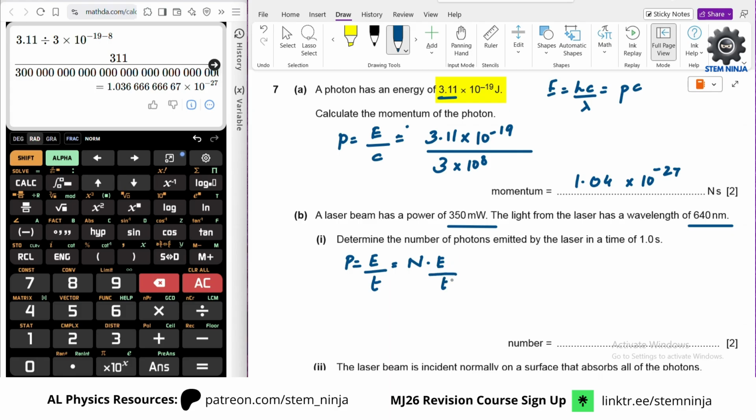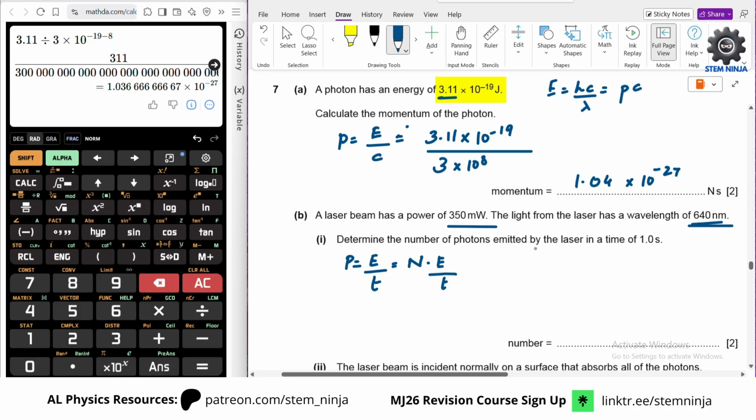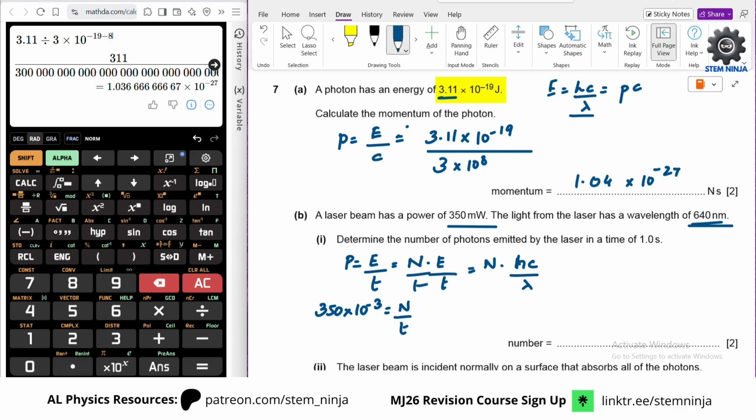Energy divided by T. No, it's given a wavelength, so it can't be the same. So this is going to be n times hc over lambda. So we have 350 milliwatt equals the number of photons per unit time, basically. Actually, T should have been over here. And the energy of 1 photon is hc over lambda,